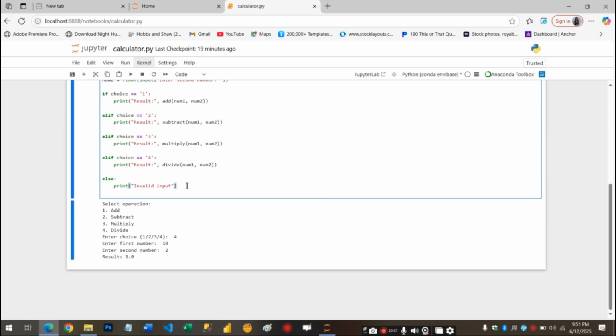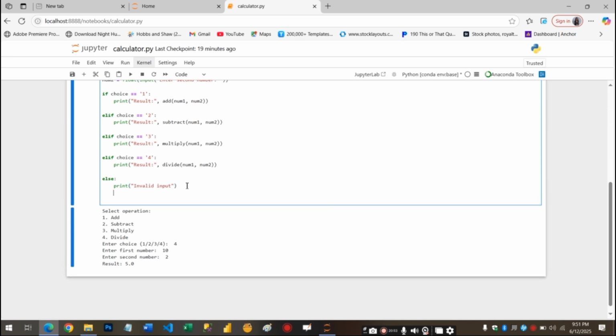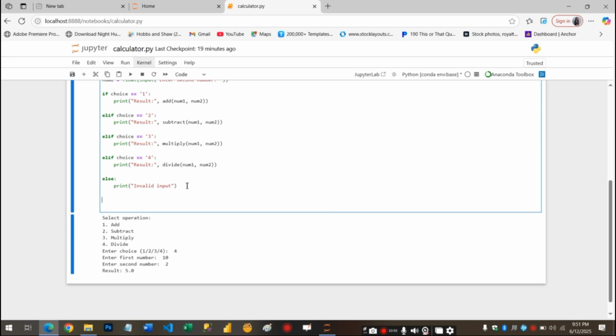Okay, so let's make this code better. What if the user wants to do multiple calculations without restarting the app, right? In order to make this possible, we're going to add a loop. Okay, so let's say while True,